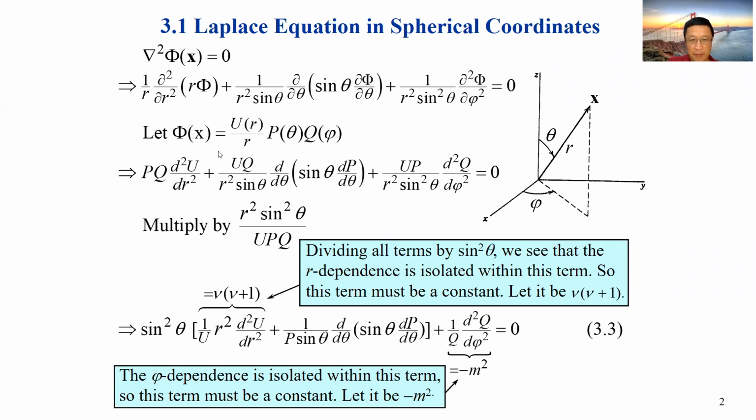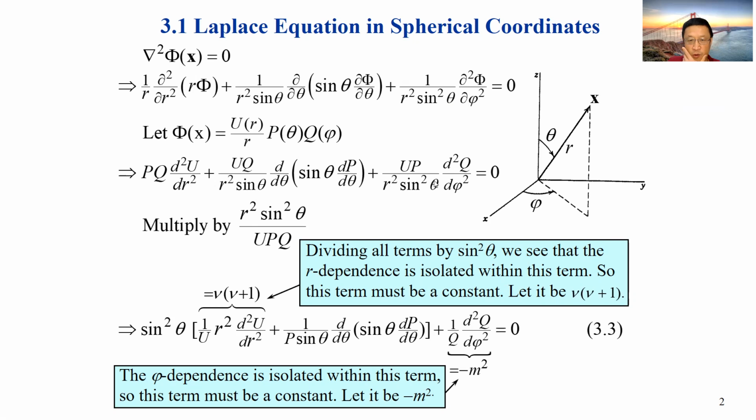Okay, let's continue. So let's substitute this equation into the Laplace equation, and the u here cancels with this one. So we have p and q. And here we have a sine theta, dp d theta. And because we have another r, we can multiply so r cancels. Okay, so just r squared. And r squared sine theta the same. And this one, we have 1 over r, but once again, it cancels.